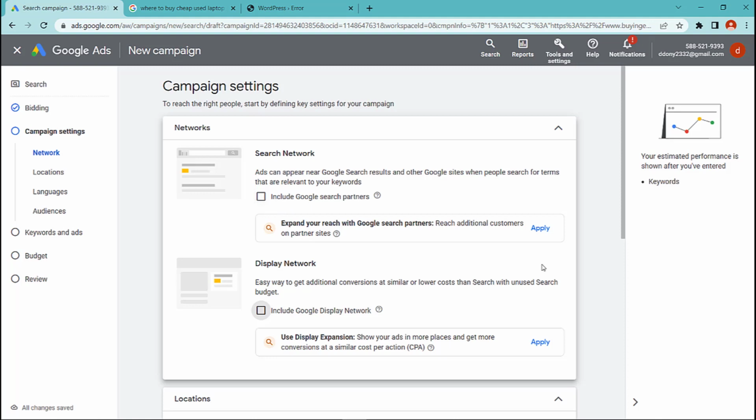Absolutely, especially if you have a low search volume, go right ahead with that, but for most campaigns I don't think you need it, especially if your search volume is good. The next thing is the display network.